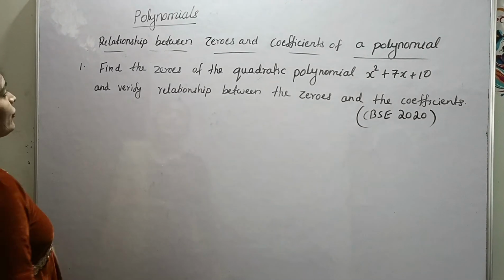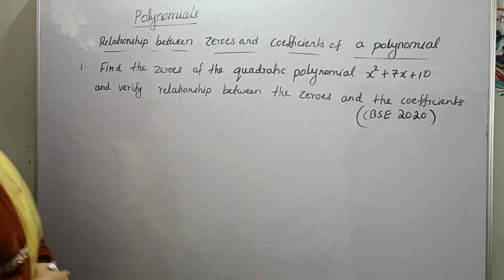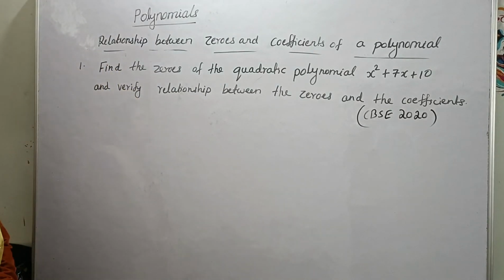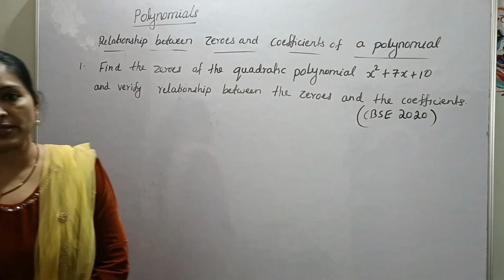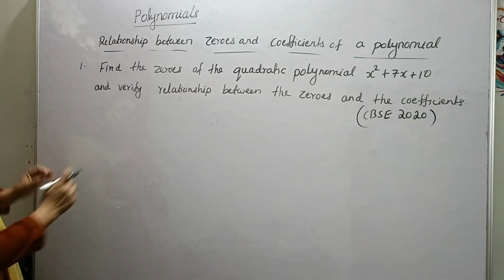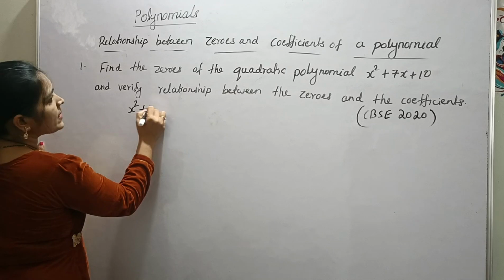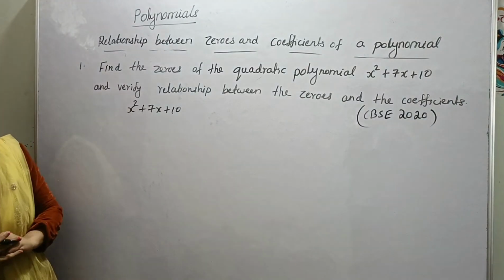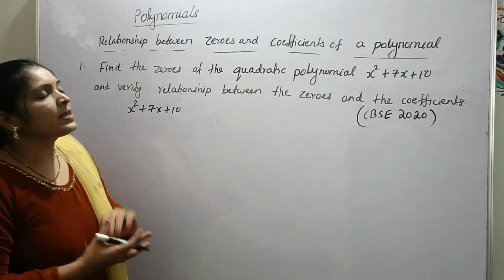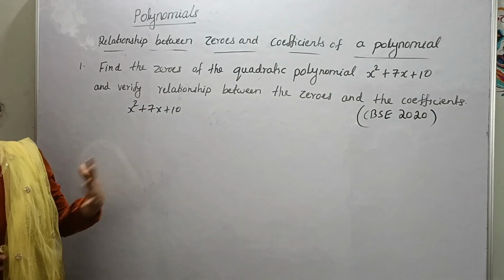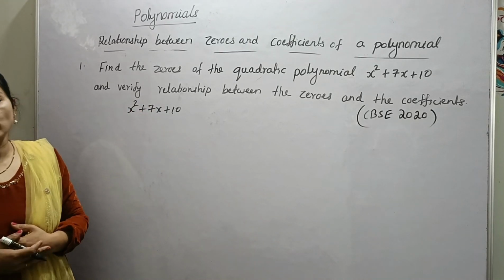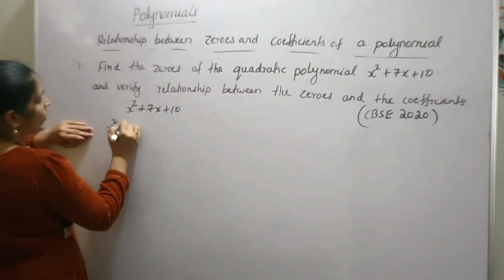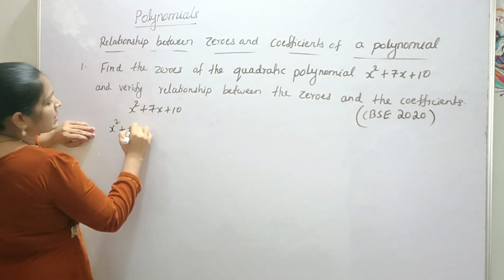Look at this question. Find the zeros of the quadratic polynomial x square plus 7x plus 10 and verify the relationship between the zeros and the coefficients. Here the given quadratic polynomial is x square plus 7x plus 10. First of all, we have to find the zeros. To find the zeros, you can apply the quadratic equation method that you will study in the 4th chapter. Here we will apply this method, that is x square plus 7x can be written as